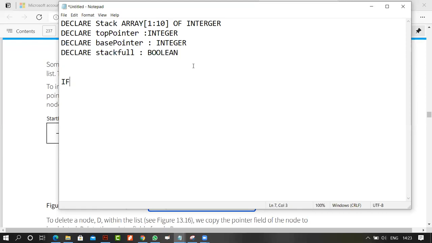So क्या करेंगे कि help me out, if हम कह देंगे top pointer is less than stack full, top pointer मतलब stack full जिसकी maximum limit है, if the top pointer is less than stack full, तो फिर हम क्या करेंगे, then we can say top pointer